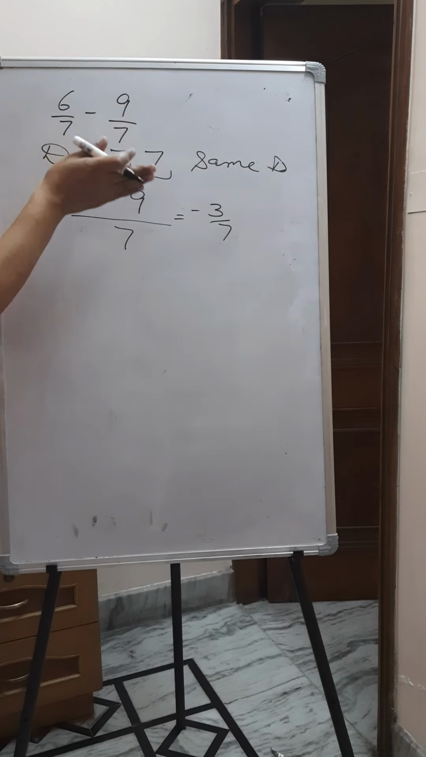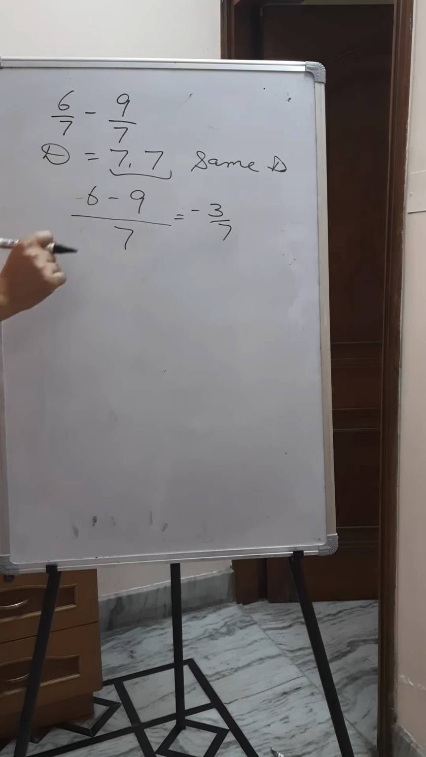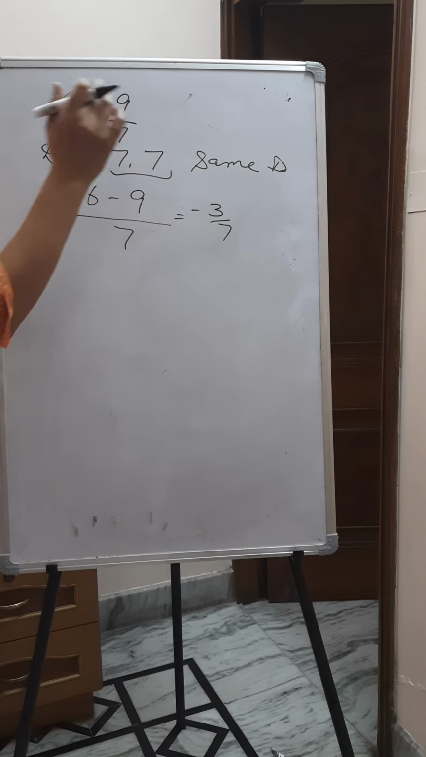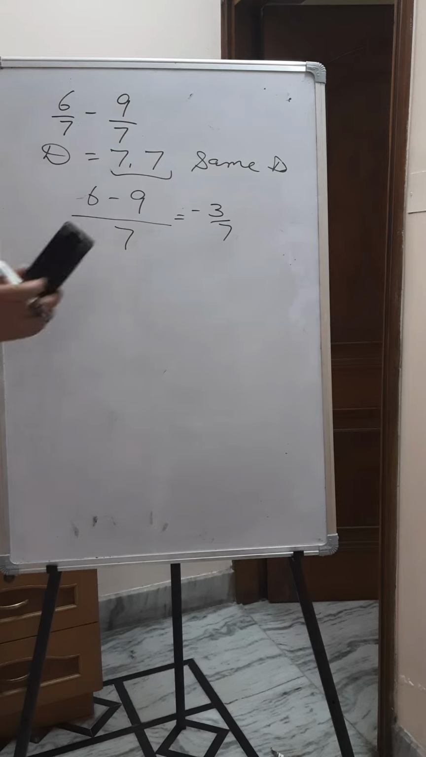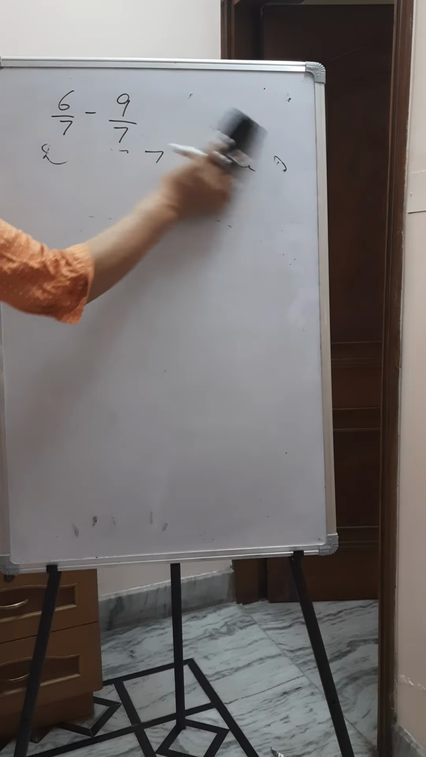Same thing you have studied in the case of addition also. When denominators are the same, numerators are added. When denominators are the same, numerators are subtracted, acting according to the sign. And when you are having different denominators,